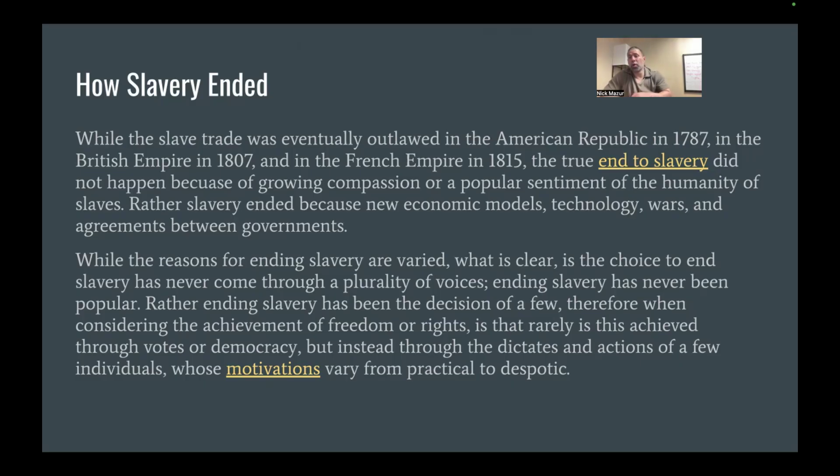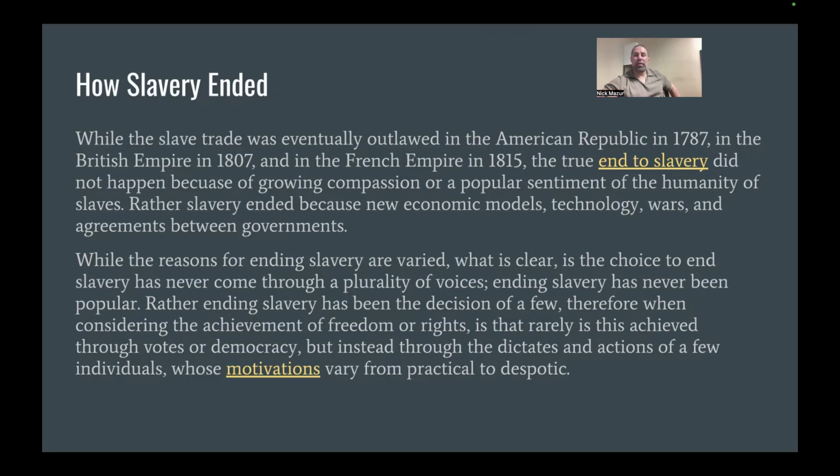What I want you to always know about, whether it's slavery, whether it is the right to have an abortion, whether it is the right to marry, the right to vote, is that oftentimes the rights that are granted to a minority group from a majority usually do not come because the entire majority agrees, right? It is usually based off of a few people, whether it's a Supreme Court decision, a president in his proclamation, some representatives in government, right?